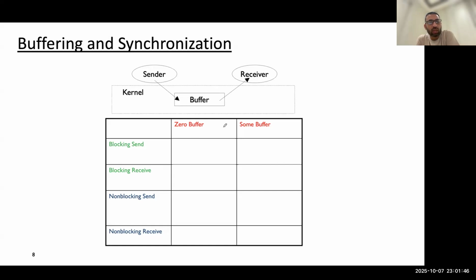So what are the choices we have in terms of the buffer size? We have zero buffer, or we have some finite buffering capacity, right? And what choices do we have in terms of behavior of the send and receive: blocking send, blocking receive, non-blocking send, and non-blocking receive, right? So let's see what happens under each combination of buffer size and the behavior of the send and receive